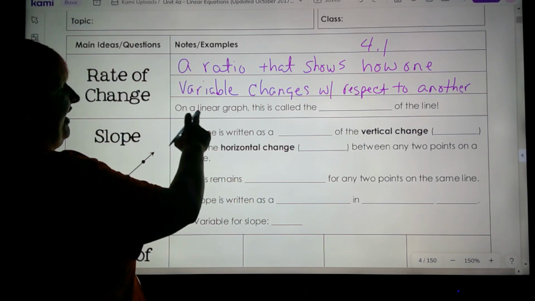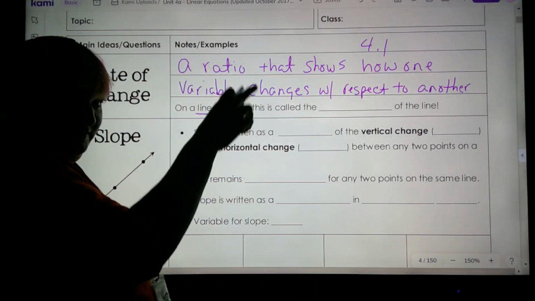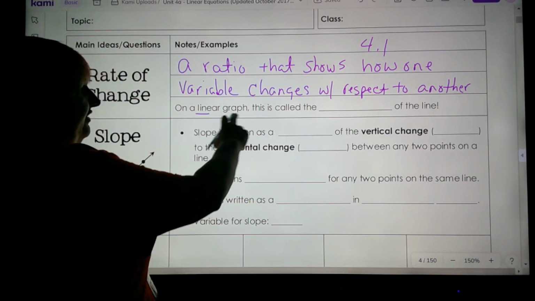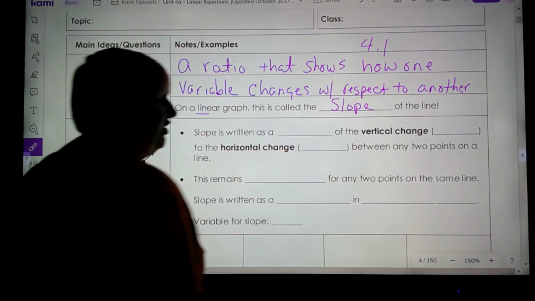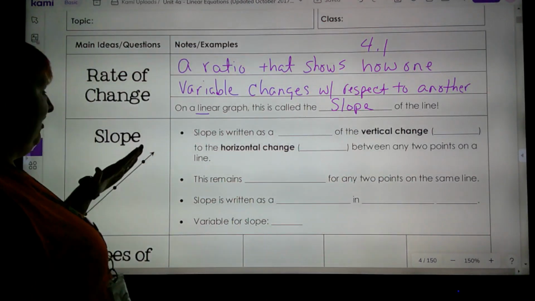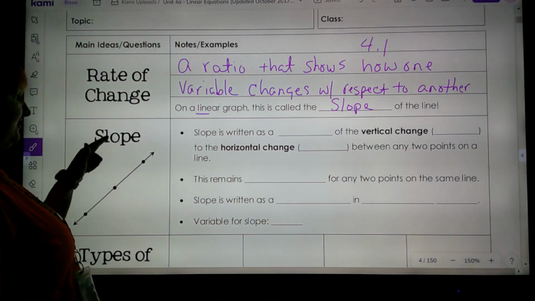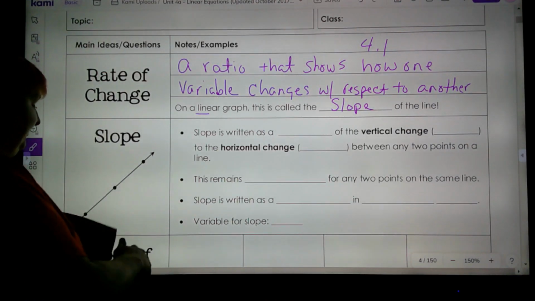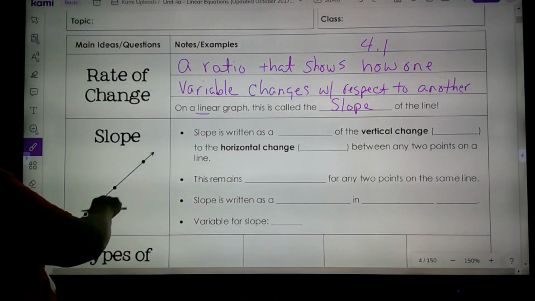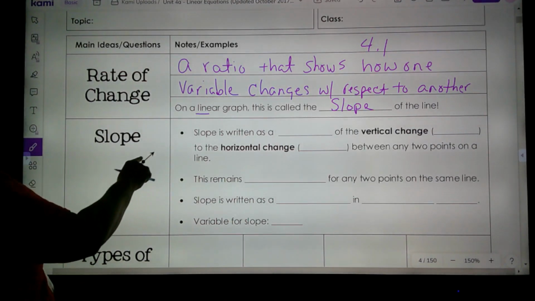On a linear graph, line, straight line, right? This is called the slope of the line. Slope, right? How steep it is. Slope is about steepness, right? This is a positive slope. It's going uphill,